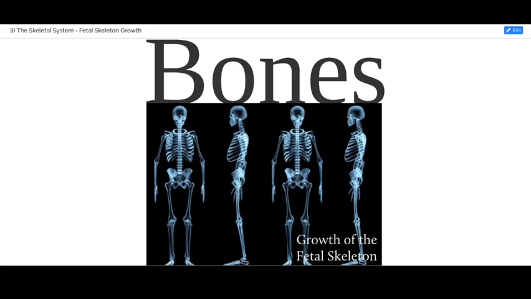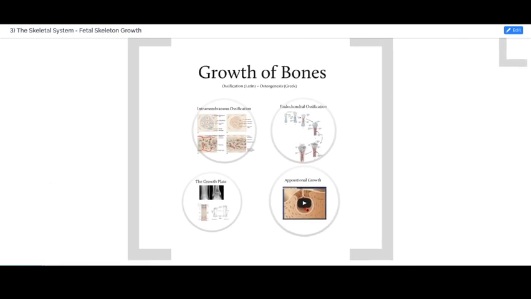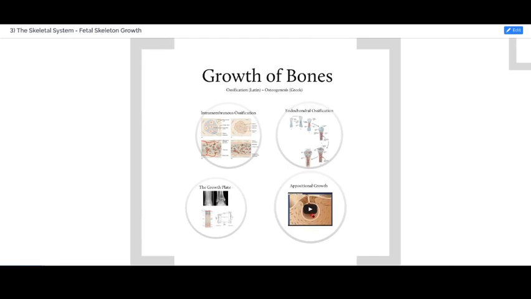The next two sections of the bone tissue and skeletal system chapter are going to concentrate on how bones grow. We'll start with the major processes that are found during fetal skeletal development. There are several processes important in the growth of bones. In this section, we're going to concentrate on two of them that are found in the initial development of the